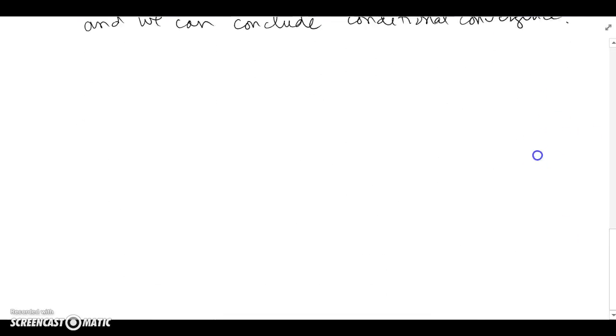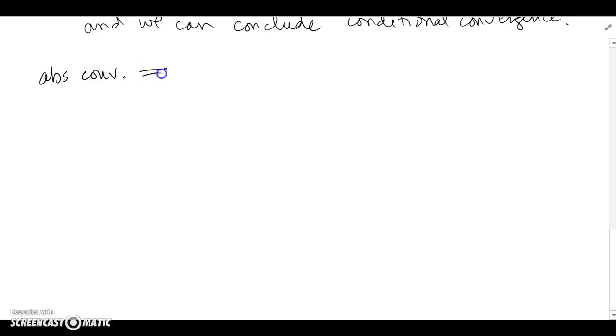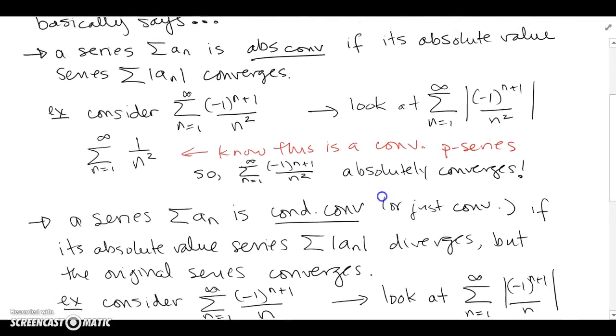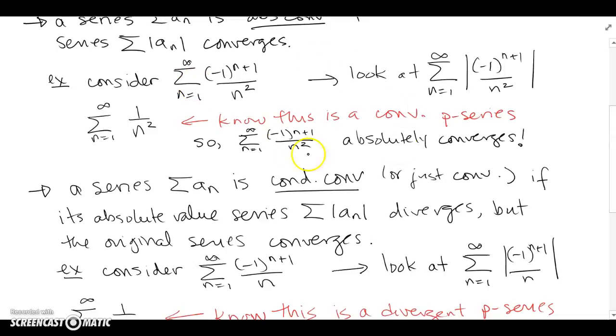Now another thing we talked about was that absolute convergence implies conditional convergence, but not the other way around. We said if something absolutely converges, you get convergence for free. In other words, over here, when I showed absolute convergence, that automatically means this series converges in the sense that we used to call convergence before. And you can show that by just doing the AST test on this as well.